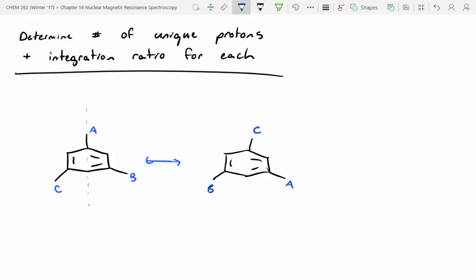So if we think about that methyl group that I've labeled A, it's occupying the same chemical environment as the methyl group I've labeled B. So there's actually rotational symmetry in this molecule, which is a little bit different. That's something you also have to watch out for, is not only planes of symmetry, but rotational symmetry elements as well. So we know we've got 2 unique proton signals, and I'm going to go ahead and draw out the